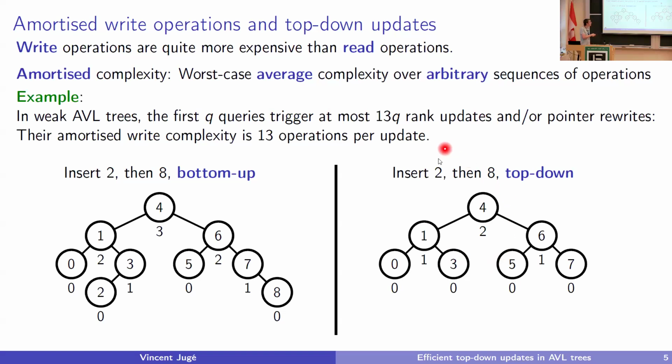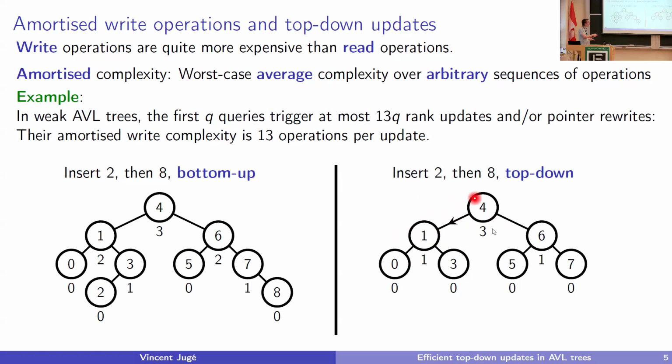And so if I want to insert 2 and 8 in a top-down manner, it means that I would just have processes that will do one pass from the root to the leaf, and that's it. So we'll be done. Let's say for the sake of argument that I just need to look at one node and I can guess what the new height should be. Well, I try to insert 2, so I realize that my new height will be 3, for magical reasons. And I need to go left to continue inserting 2.